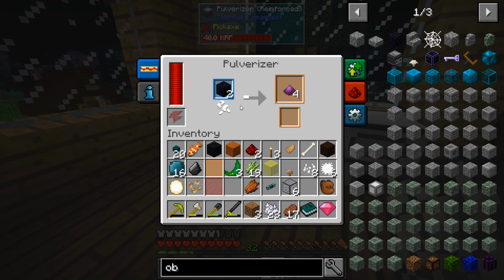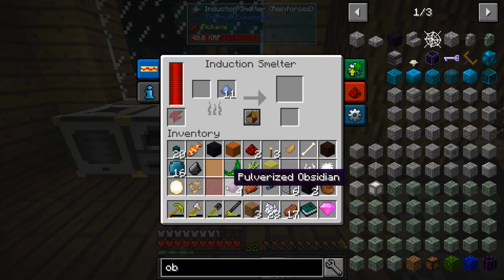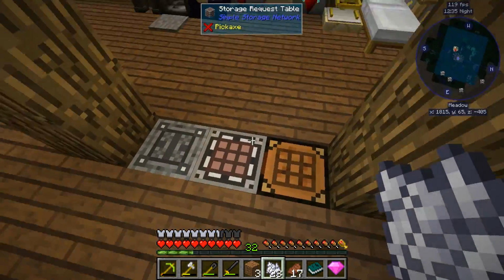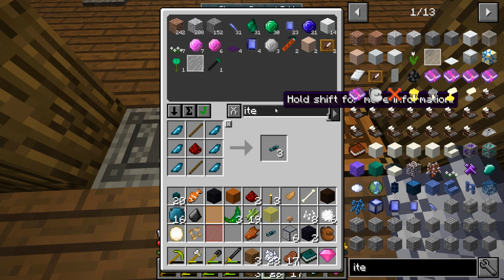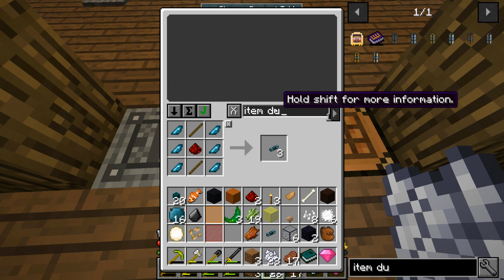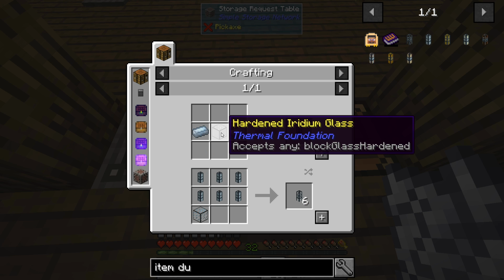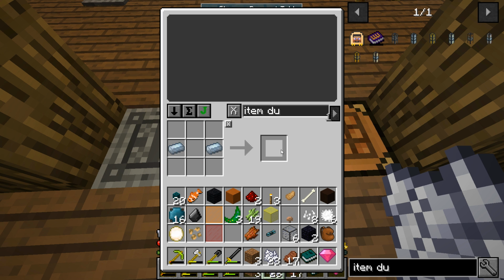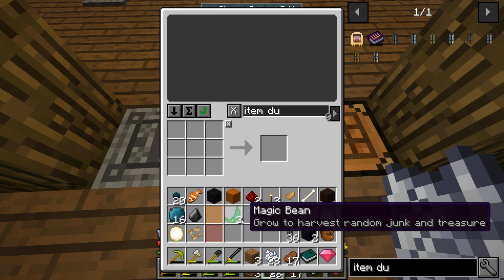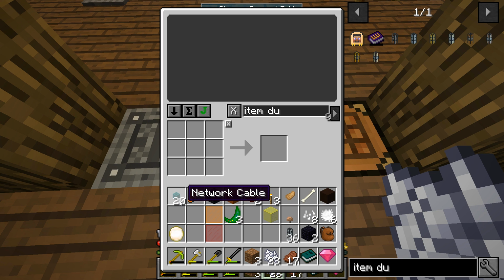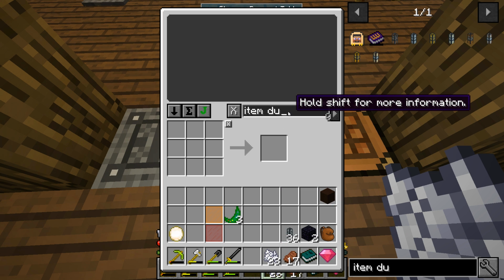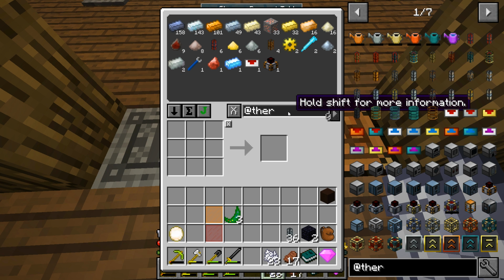Okay, I think that's plenty. I'm going to go ahead and take this out. Make sure that that's all out. Make sure that's in. There we go. And let's worry about some item ducts. Alright, so plain Jane item ducts require 10 and this. So, let's get as many item ducts as we can. We don't really need that many, but this will definitely help. Okay. I think we can get rid of just about everything in here because it's pretty much all junk. There we go. And now we can go back into thermodynamics